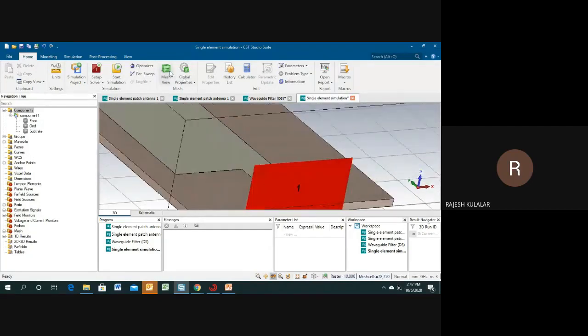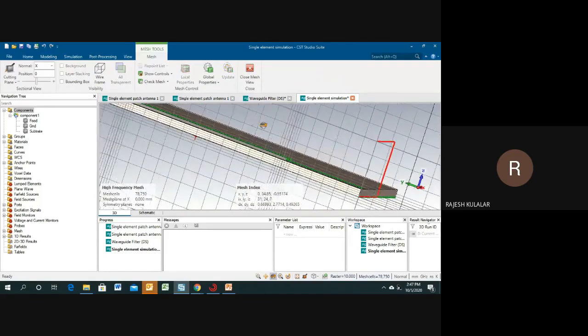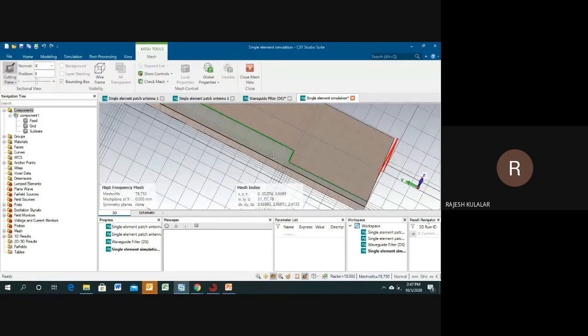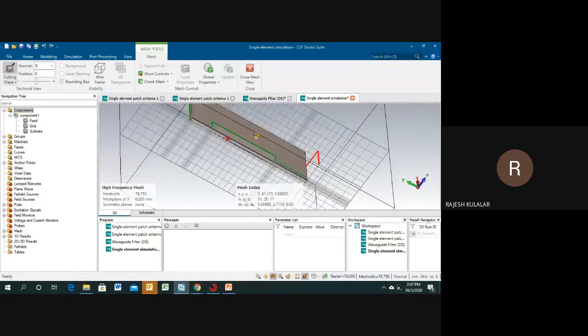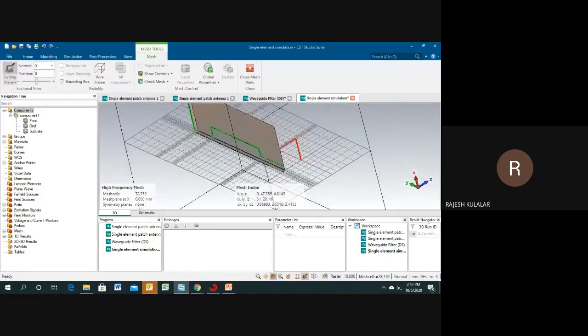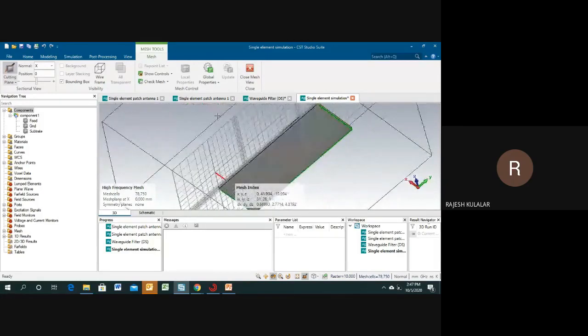Just go to the mesh view, and you can see here it's taking proper snapping at the edge, everywhere. It's for viewing purposes and nothing else here. But in many applications you need to check whether your snapping is occurring properly or not. In some applications there's no need of snapping, so you can check your meshing used for the computational.